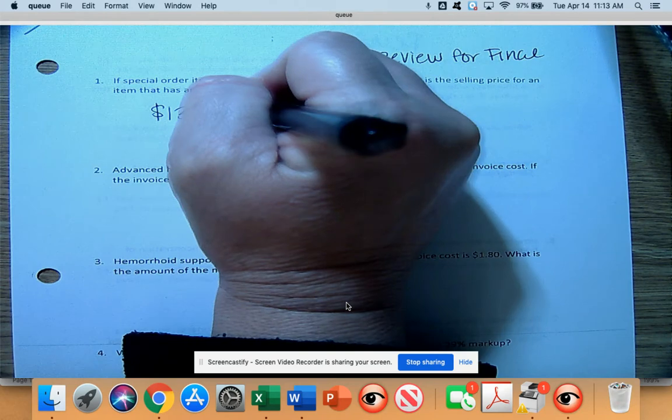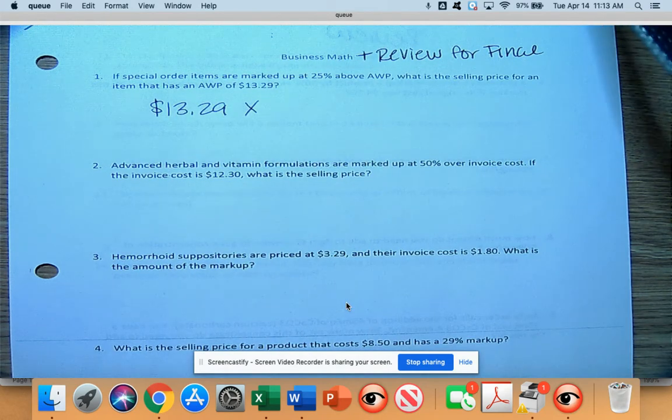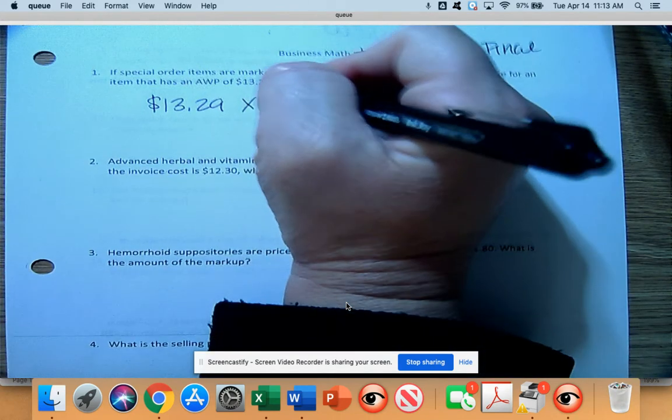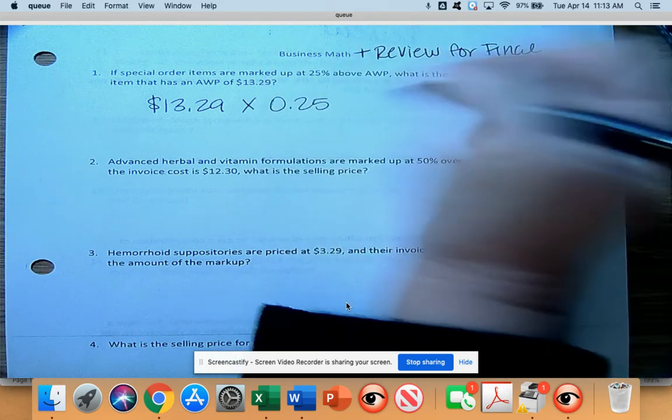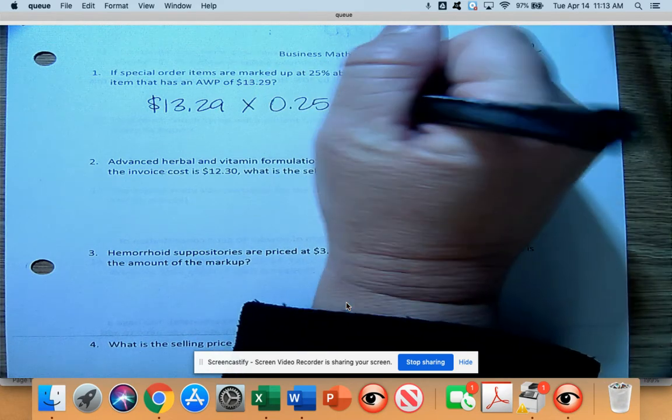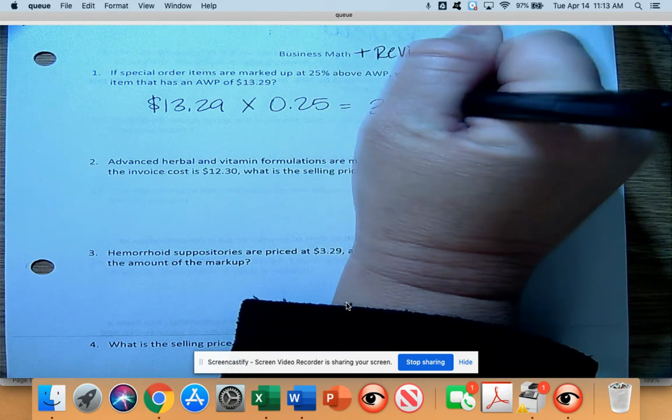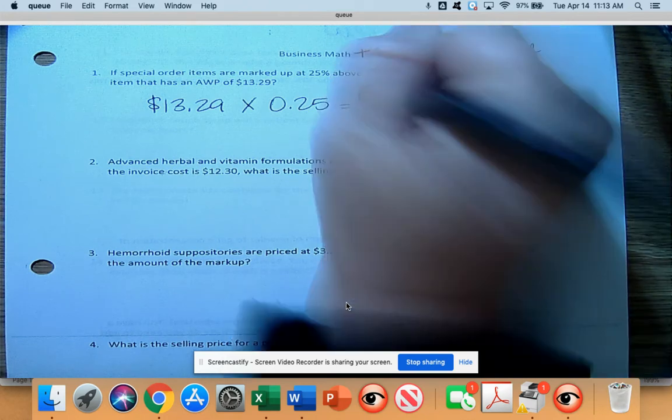and I multiply it. There's a couple different ways you can do this depending on your comfort level. Some people like to just put in the $13.29 in their calculators and multiply times 25 with the percent sign. I didn't learn it that way. If that way works for you, then great, do that. I always just convert 25% into a decimal, which is 0.25, which gets me my actual markup. So I'm going to mark this product up